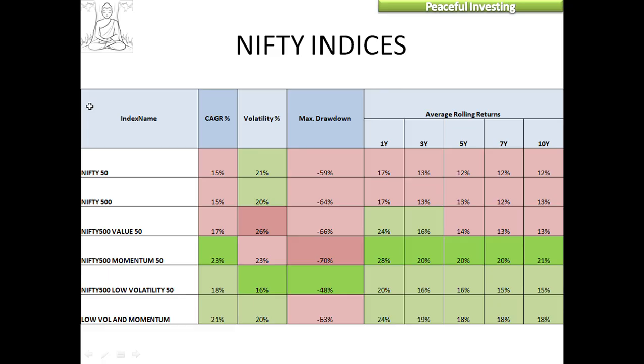Okay, but there's also a case wherein across 3 years the CAGR was minus 5%. Across 5 years, not even FD returns, minus 1%. And across 7 years, it was 5%. Across 10 years, it was 5%. So this is the reason why people shy away from investing in equities. Now let's look at the summary view and see other indices as well, along with Nifty 50, and see if we can do something better.